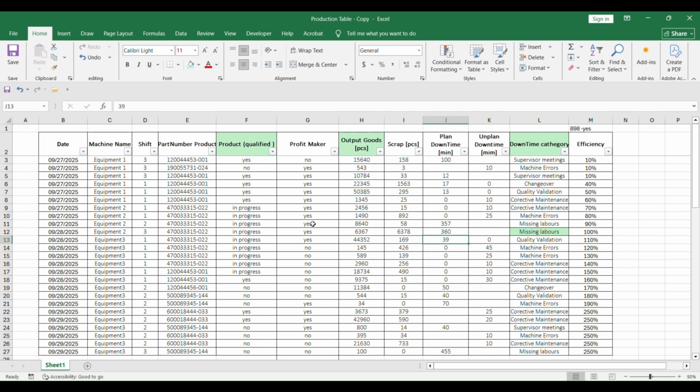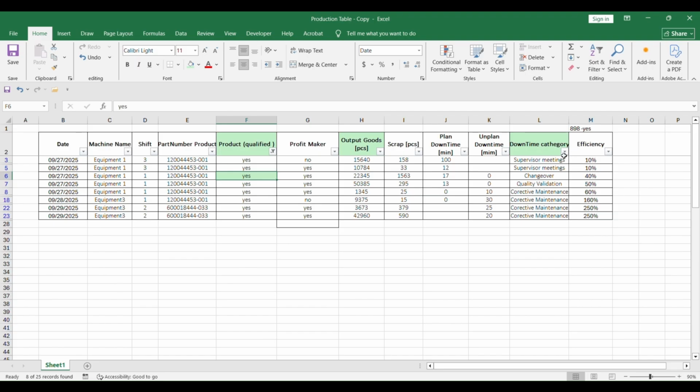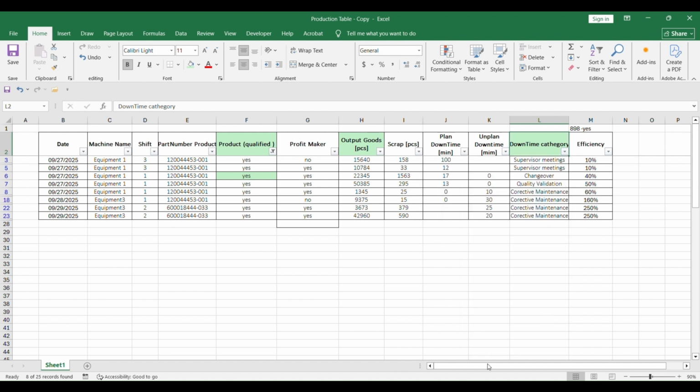So, as we discussed in the beginning of our session, both filters have to be true, right? So for example, if I filter now yes, and then if I filter now missing label, you see that is not here, so I will get a blank result, and I'm gonna show you that